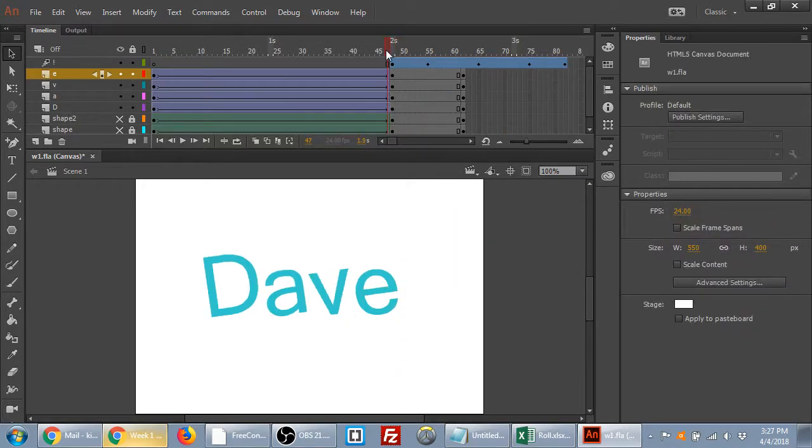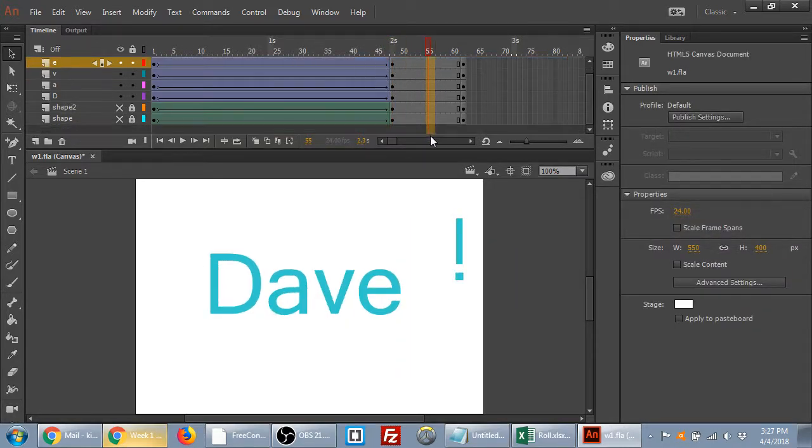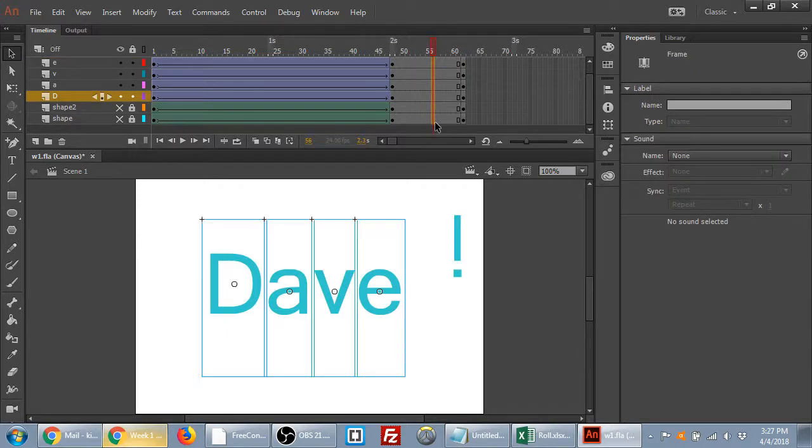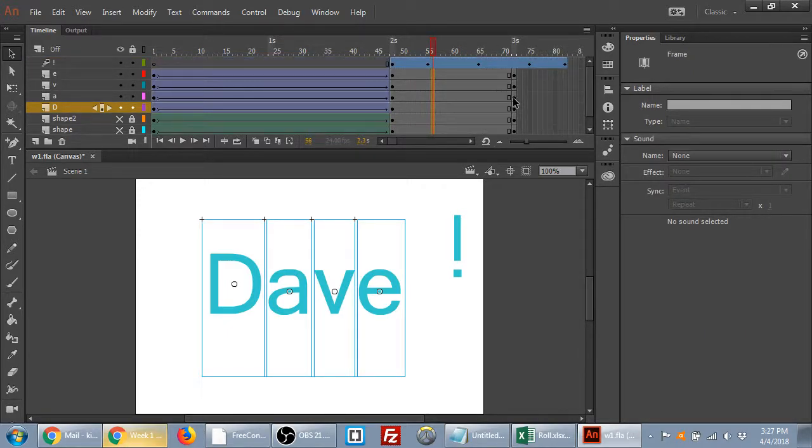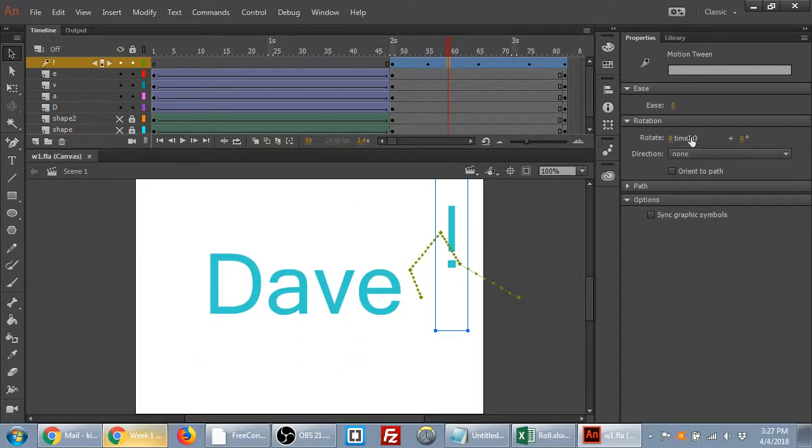Okay, but anyways, and so then I'd have to come in here and kind of select all this, hit F5 a bunch of times just to bring it out. And this has rotation too. It has some easing. Okay. And then another kind of cool thing about this is now that the path has been defined, I can